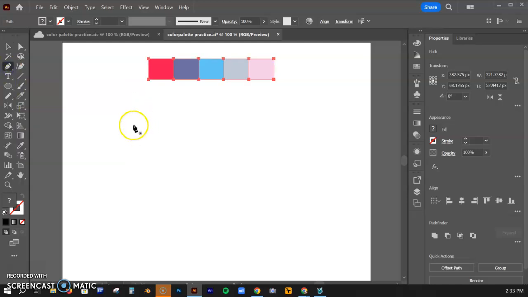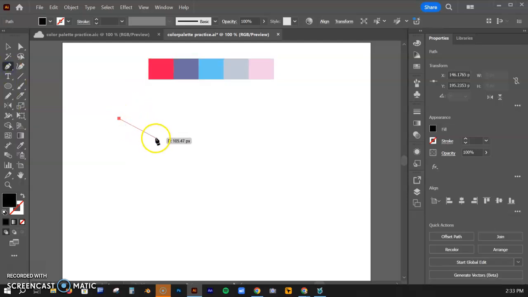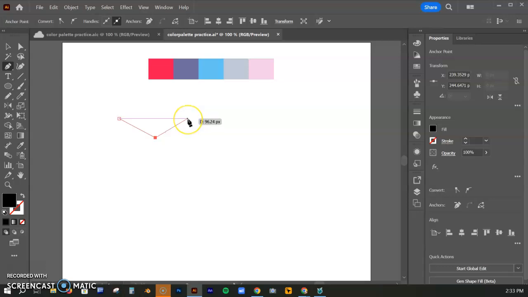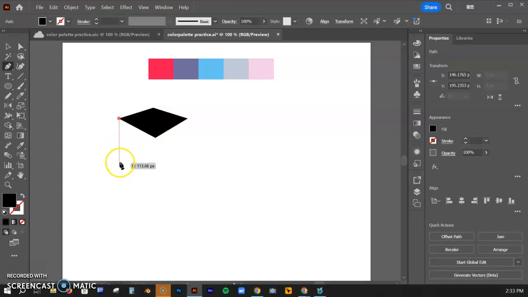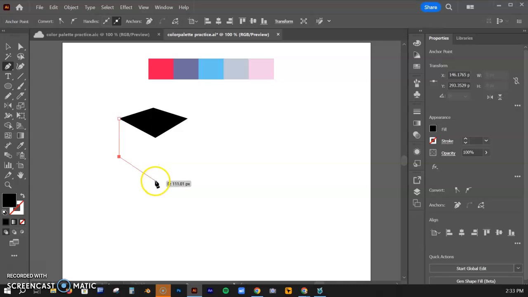We're going to go ahead and grab our pen tool, and we're going to make a little diamond shape, and I'm going to use my smart guides. This doesn't need to be perfect. It just gives you a way to visualize your color palette in a different way. So there's the top of my cube, and hold the shift key down and get the bottom, follow that same basic angle. Again, this does not need to be perfect, but use your smart guides to help you line up